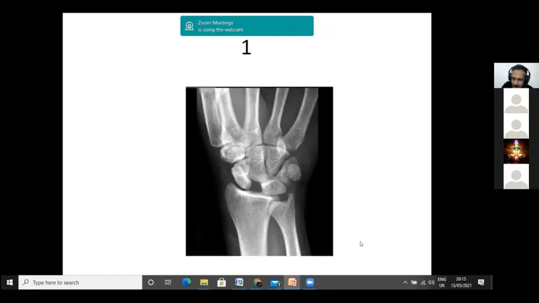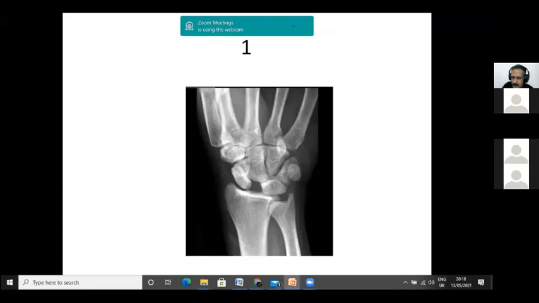Okay. So I will show you a few x-rays, then you will understand it better. So now we are seeing the x-ray of an AP view. Dr. Gautam has described that there is a gap between these two, and you can say that is the Terry Thompson sign. But other than that, if you see the shape of the scaphoid, because of the lack of support from the lunate, it goes into further palmar flexion. And you can see there is a ring sign. This ring sign is a classic sign of the scaphoid being palmar flexed. Is it clear?